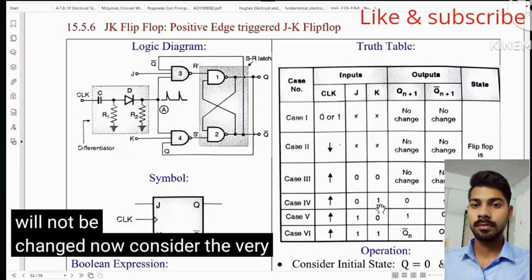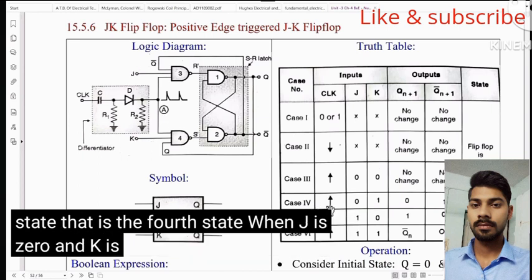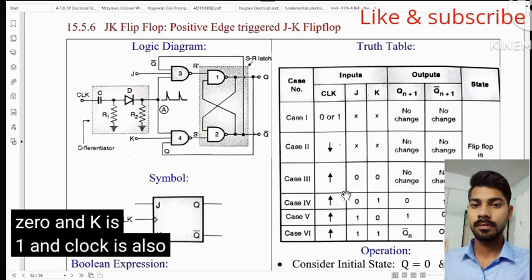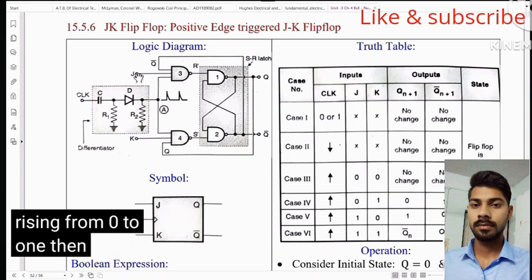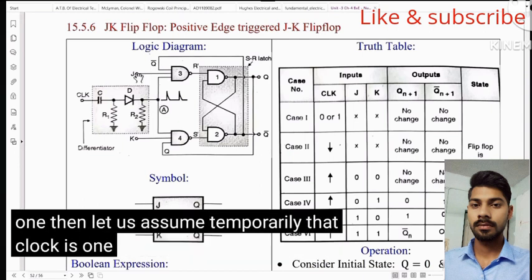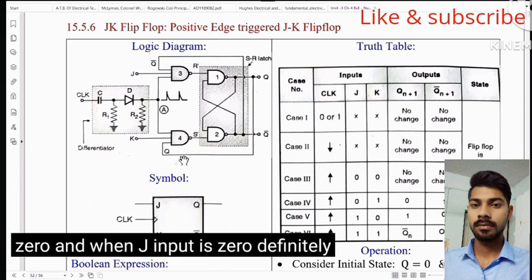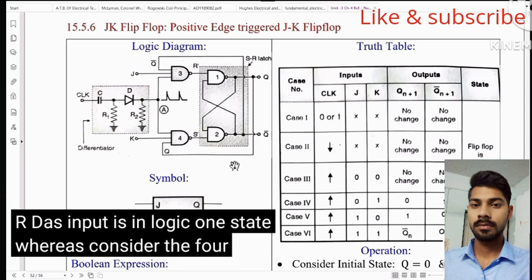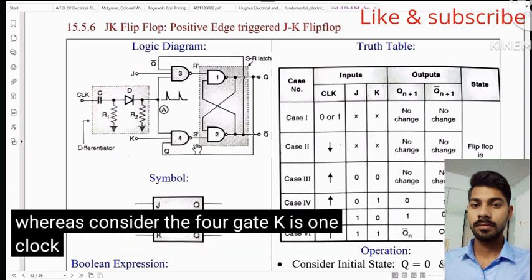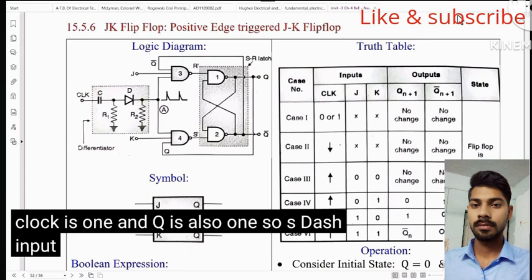Now consider the very important state, that is the fourth state, when J is 0 and K is 1 and the clock is also rising from 0 to 1. Let us assume temporarily that the clock is 1 and the J input is 0, and when the J input is 0, definitely the R dash input is in logic 1 state. Whereas consider gate 4: K is 1, clock is 1, and Q is also 1. So the S dash input is in the